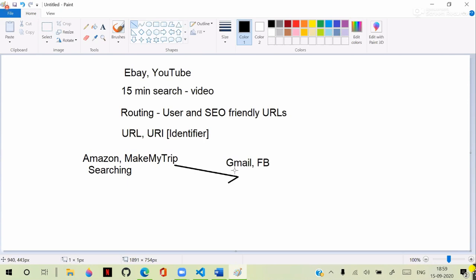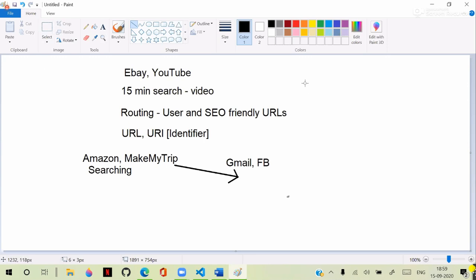Suddenly you will find an advertisement for exactly what you have searched on Amazon. That's surprising, right? How are Gmail and Facebook able to display what I have searched on Amazon and Make My Trip sites on my computer? So identifying a page is okay, but identifying something inside the page,